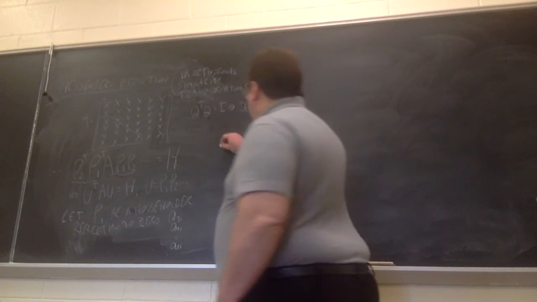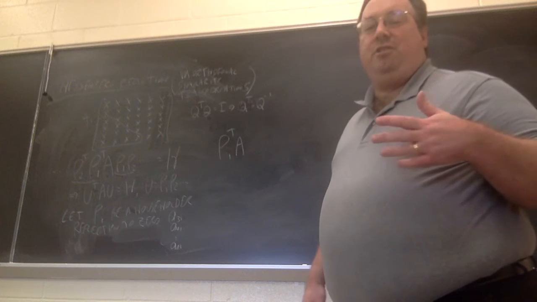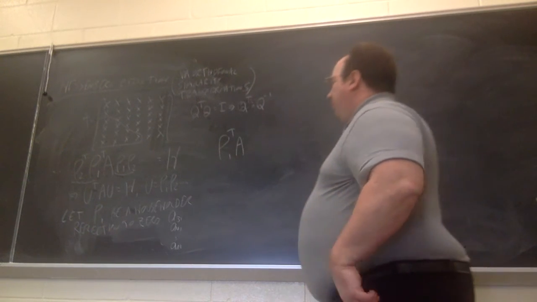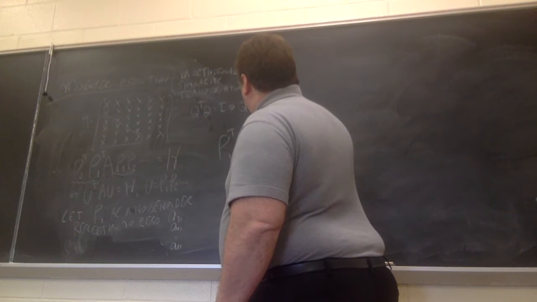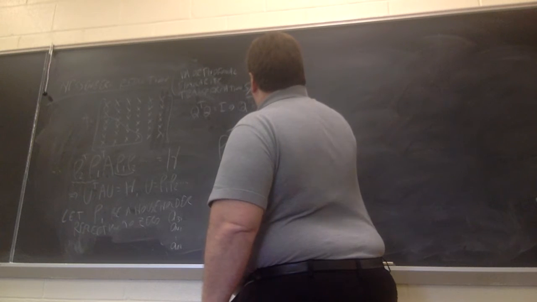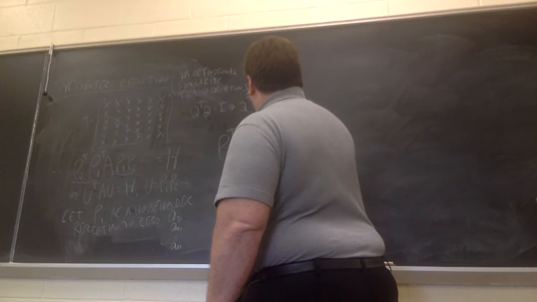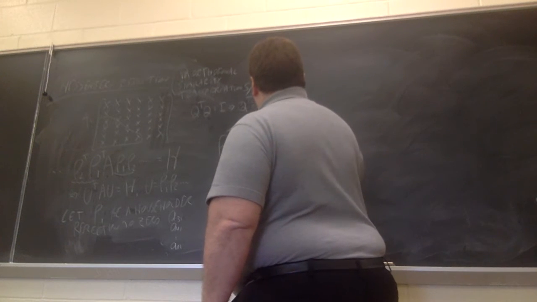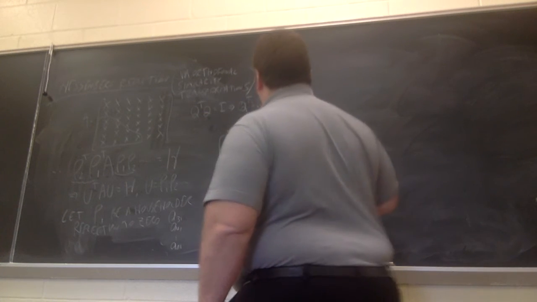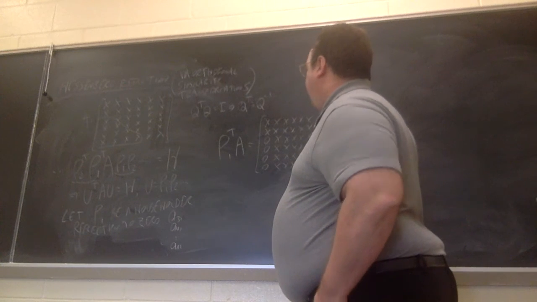So if I do P1 transpose A, now I don't need to transpose because Householder reflections are symmetric, but just to reinforce that it's the inverse. So it has this structure now, 0, 0, 0, 0, and then everything else. And yes, I know this is annoying. Okay. So that one Householder reflection applied on the left does all this damage. So that's all well and good.